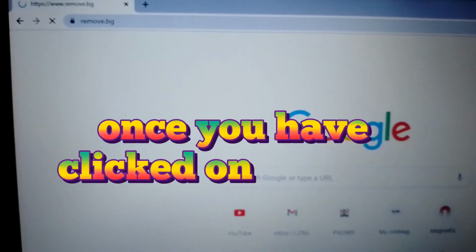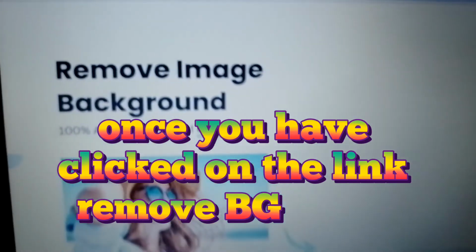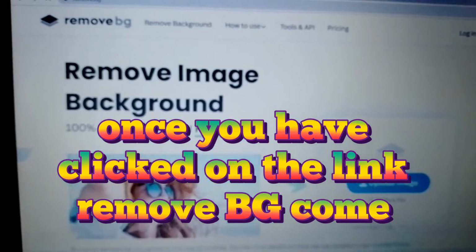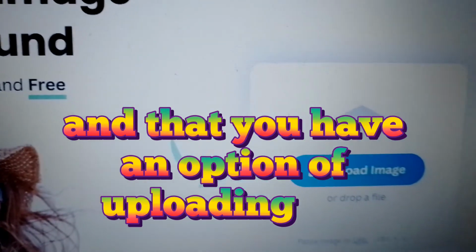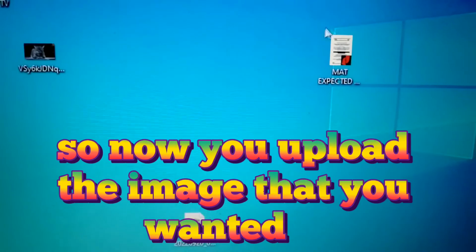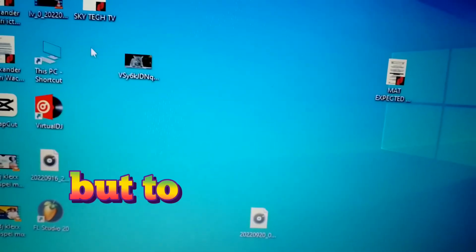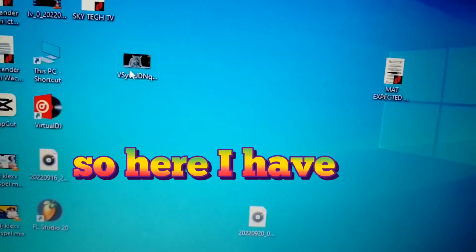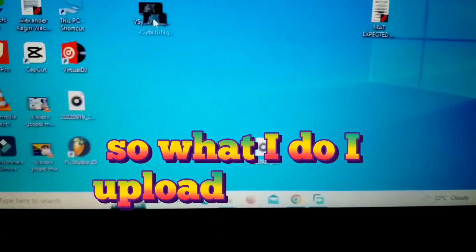Once you have clicked on the link remove.bg, come here and it will have an option of uploading the image. So now you upload the image that you want the background to be removed from. So here I have an image of a cat. So what I do, I upload it to my